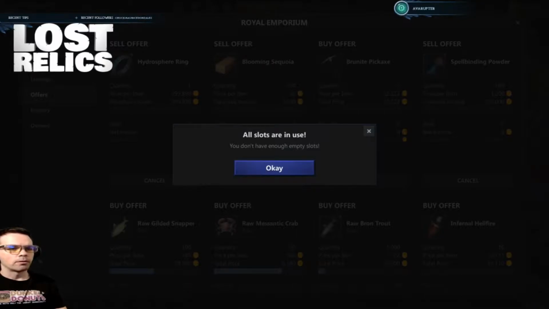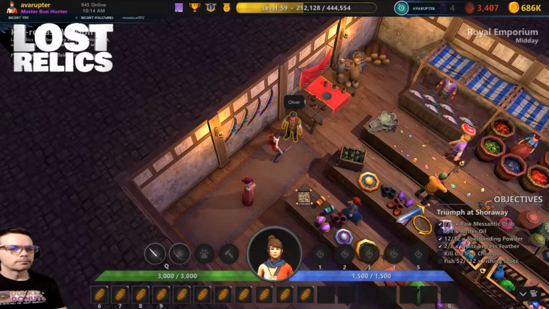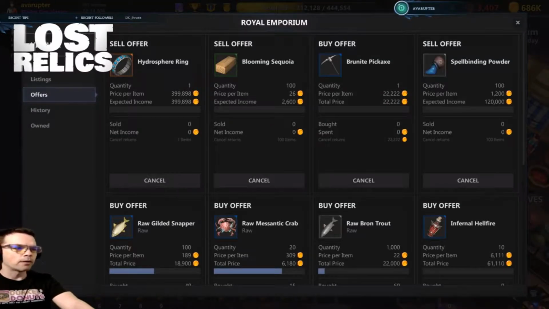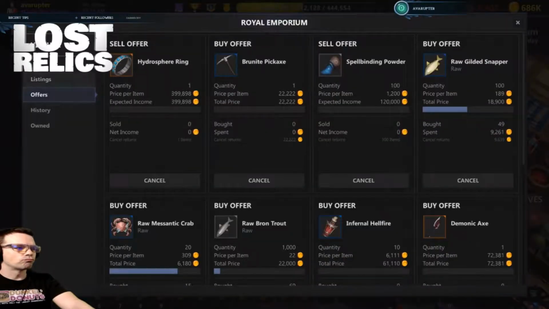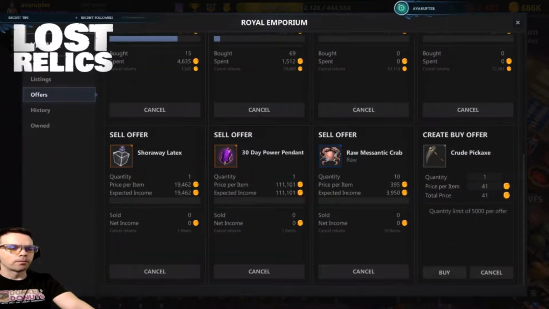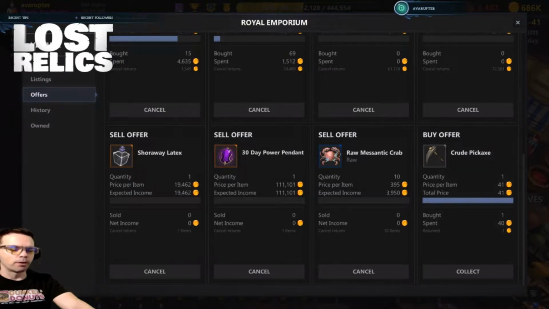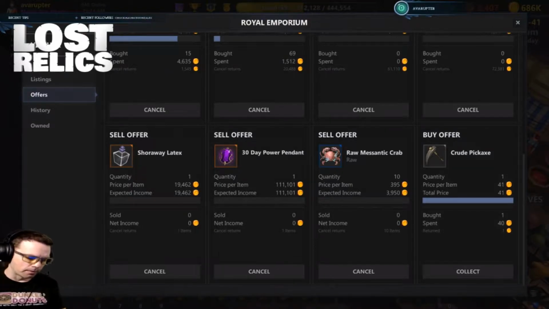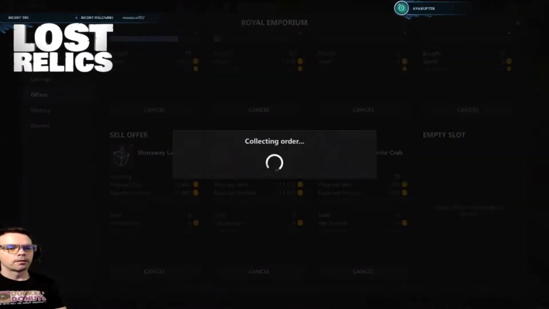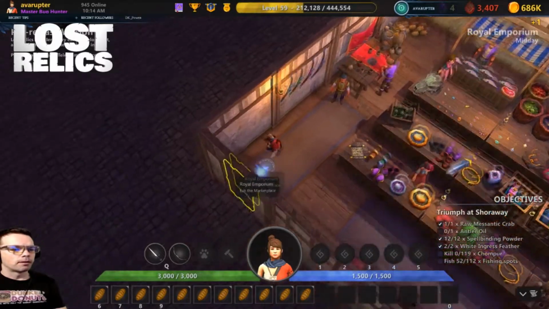All my slots are in use. Okay. I'll just cancel one. Crude Pickaxe, buy for 41 gold. Cool. I've actually only spent 40 gold, so I'm gonna subtract 1 from that. So 55 gold is all we've spent in this tutorial so far. I got a crude pickaxe. Done. And that went to my